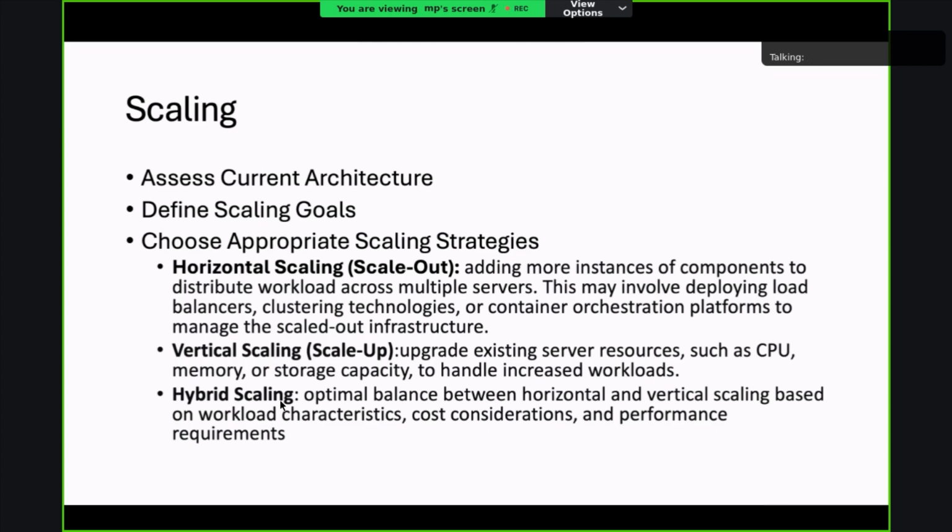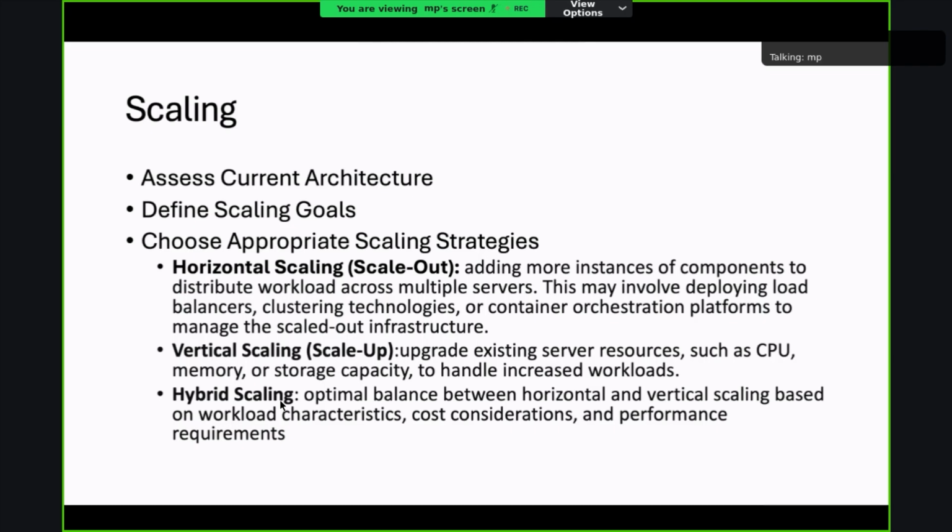Then we have the vertical scaling. In case of vertical scaling, we can increase the memory or increase the CPU for that particular existing server where our service is currently running. And then we have the hybrid scaling as well.